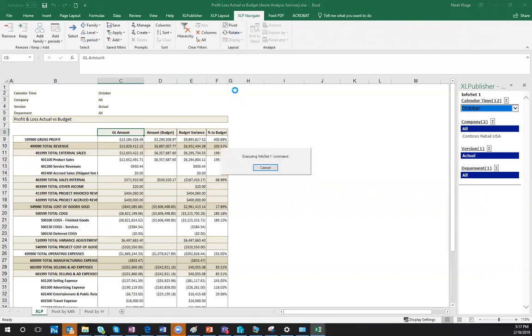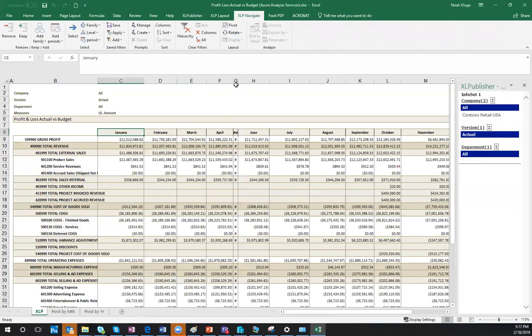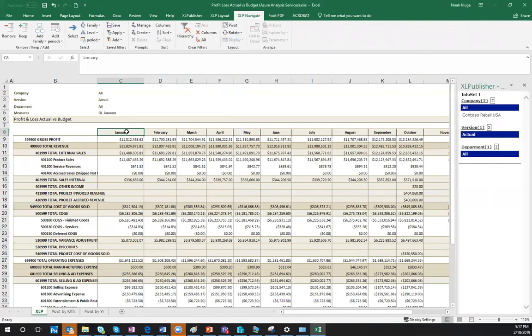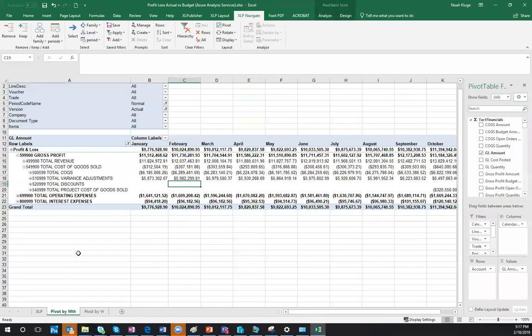And the report will refresh here, and then it'll have the time periods across the top. So now I can see I have a trended report over time with the different GL accounts. So again, just to give you a quick idea of the flexibility of the tool and the report writing capability that's offered and provided. So I'm going to go over to quite possibly everybody's favorite tool, or at least mine, which